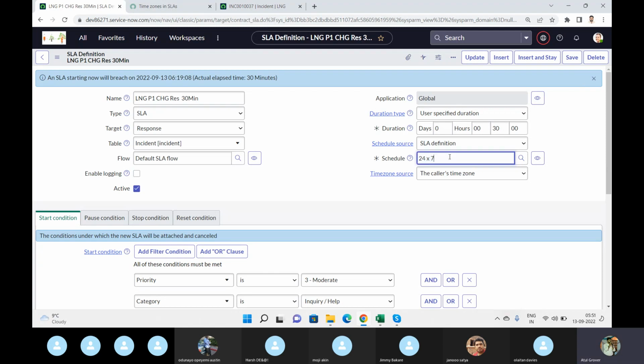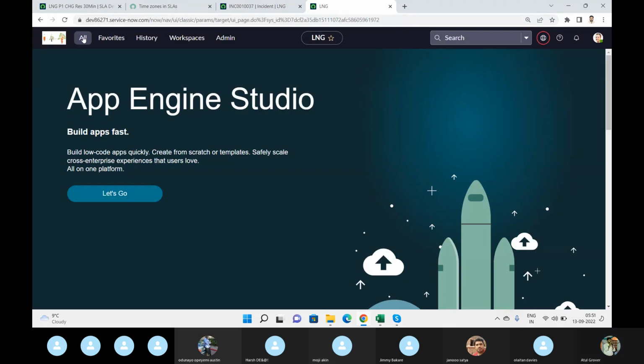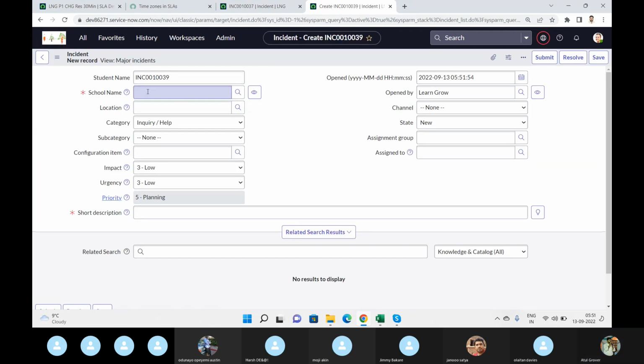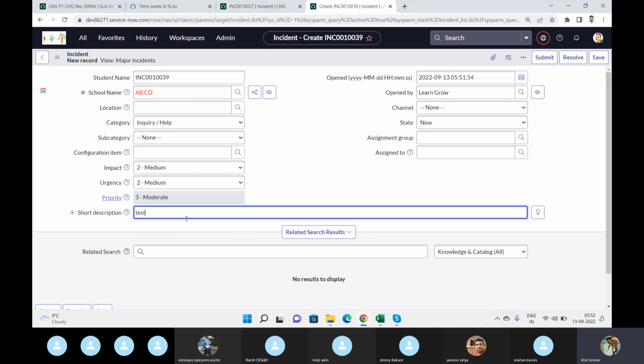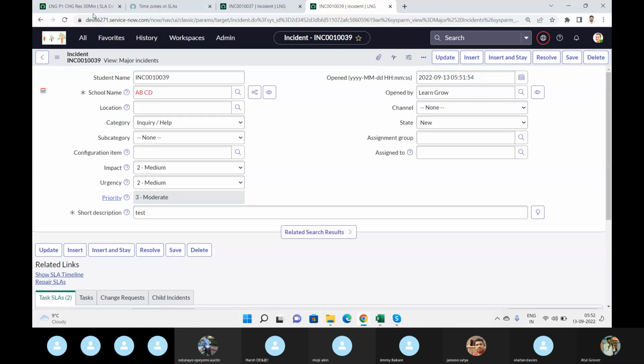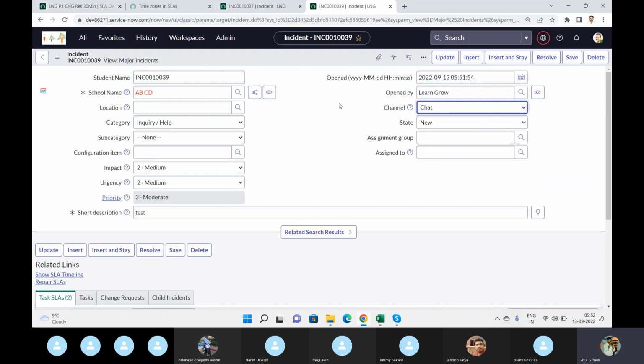Now let me do one thing. On the same one, let's change to the 8x5. And then I'll show you some different part. Let's go here and create one more incident. Create new. This to category and test. And now save. What I did, I just changed the time schedule in the SLA. And now if you see the difference,